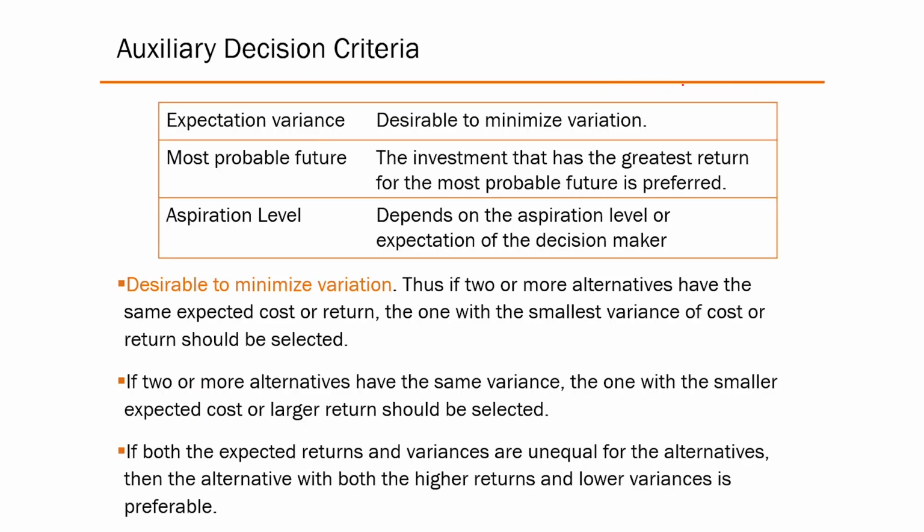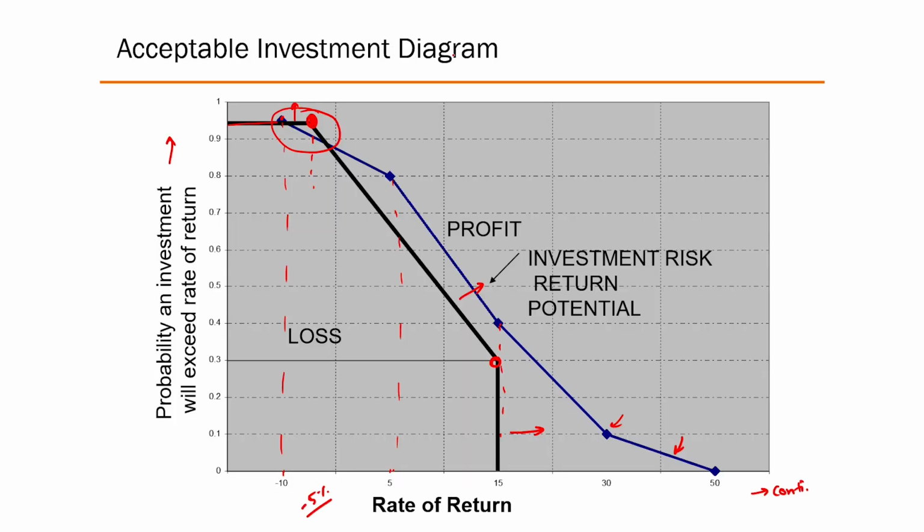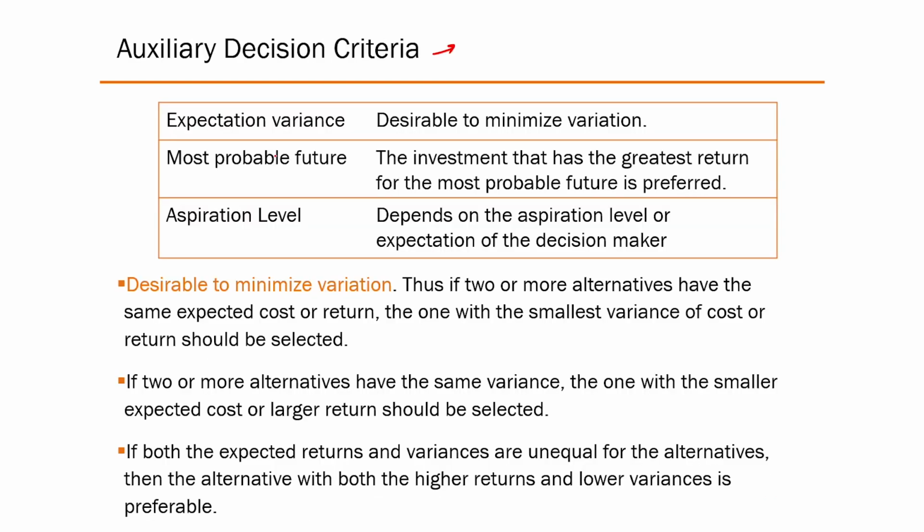But before we go, I'll also introduce this auxiliary decision criteria. As I told, sometimes you can plot all these nice graphs, which is good, but again, for certain specific issues, you might still require certain thumb rules. And that is always prevalent. And of course, the more experience you gain, the more different kinds of thumb rules you develop on your own. Some of the common ones I'm going to introduce here. There's something called expectation variance, most probable future, and an aspiration level. So the expectation variance related thing is that as an investor,